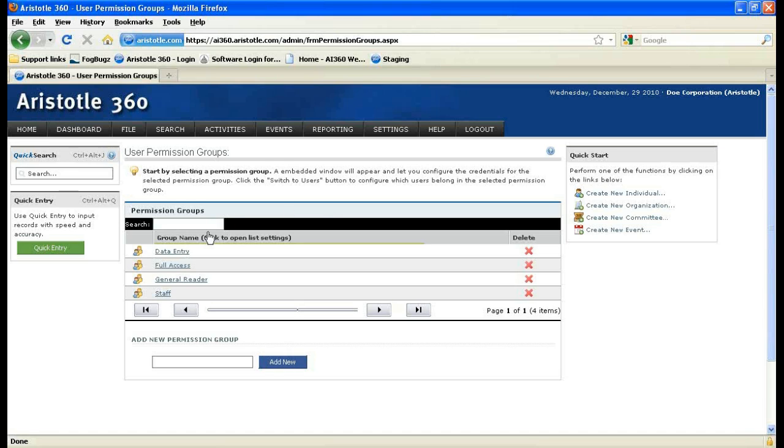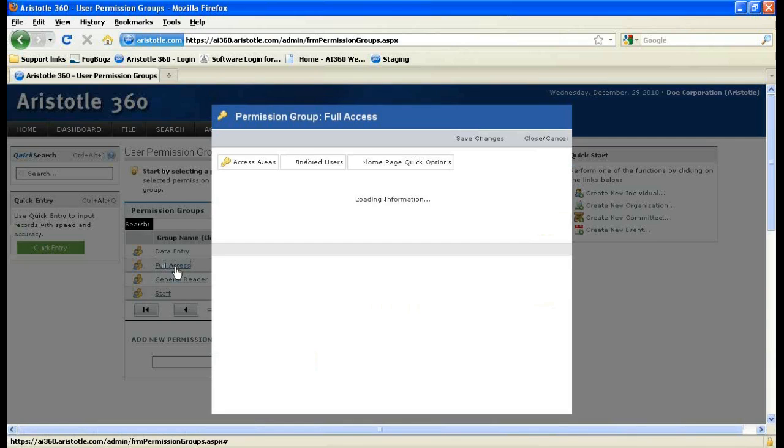So in this case, there are pre-configured groups for staff members, general readers, which are generally no data entry or editing, and full access, which allows the creation of new accounts and data entry. You can also add a new group by entering a name for the permission group here and choosing Add New. To change the users or the permissions to any given group, you can simply click on the name under Group